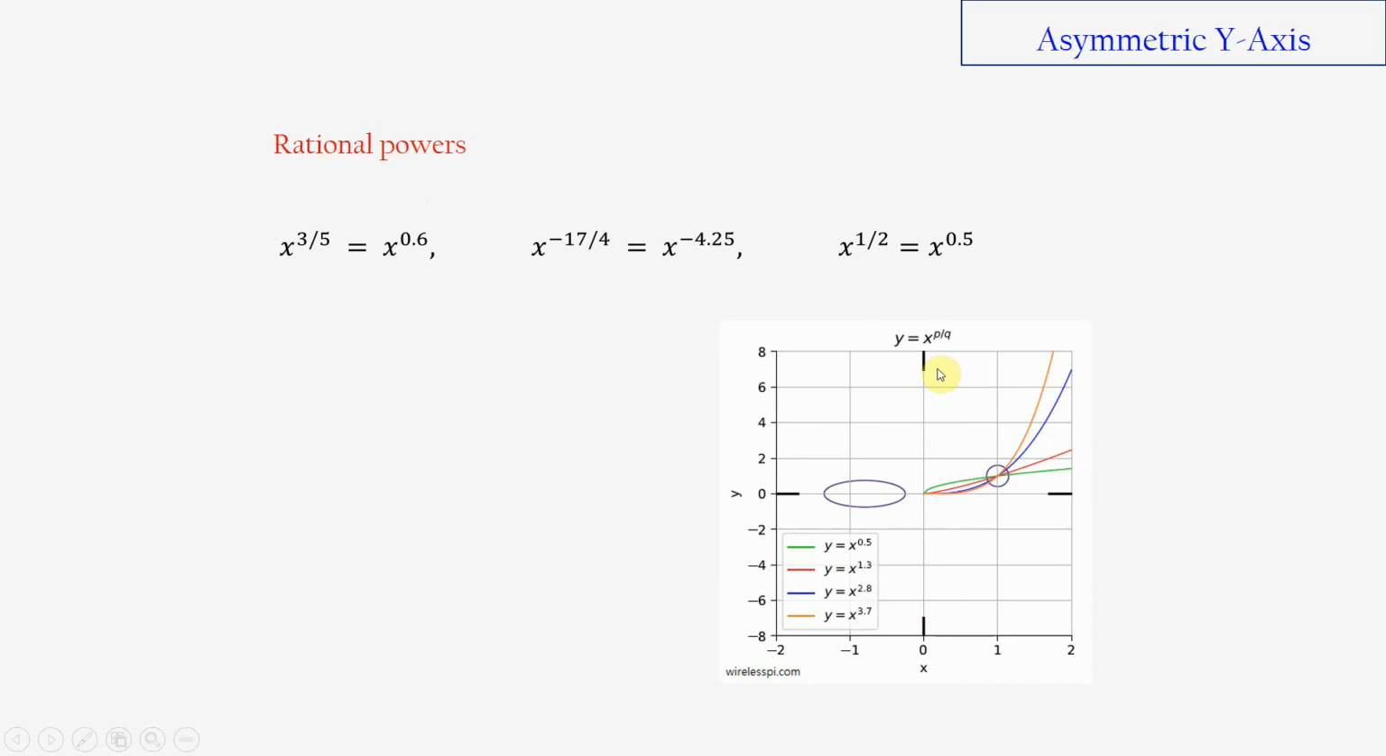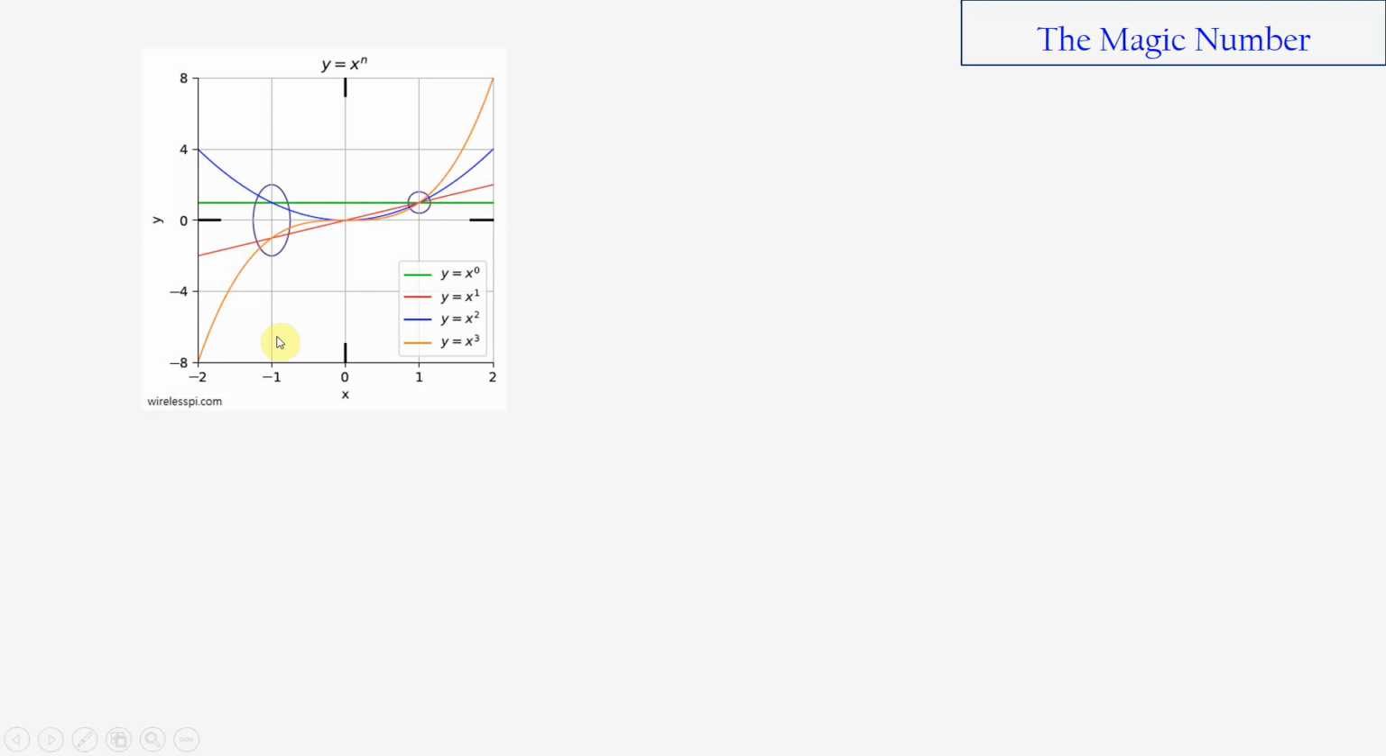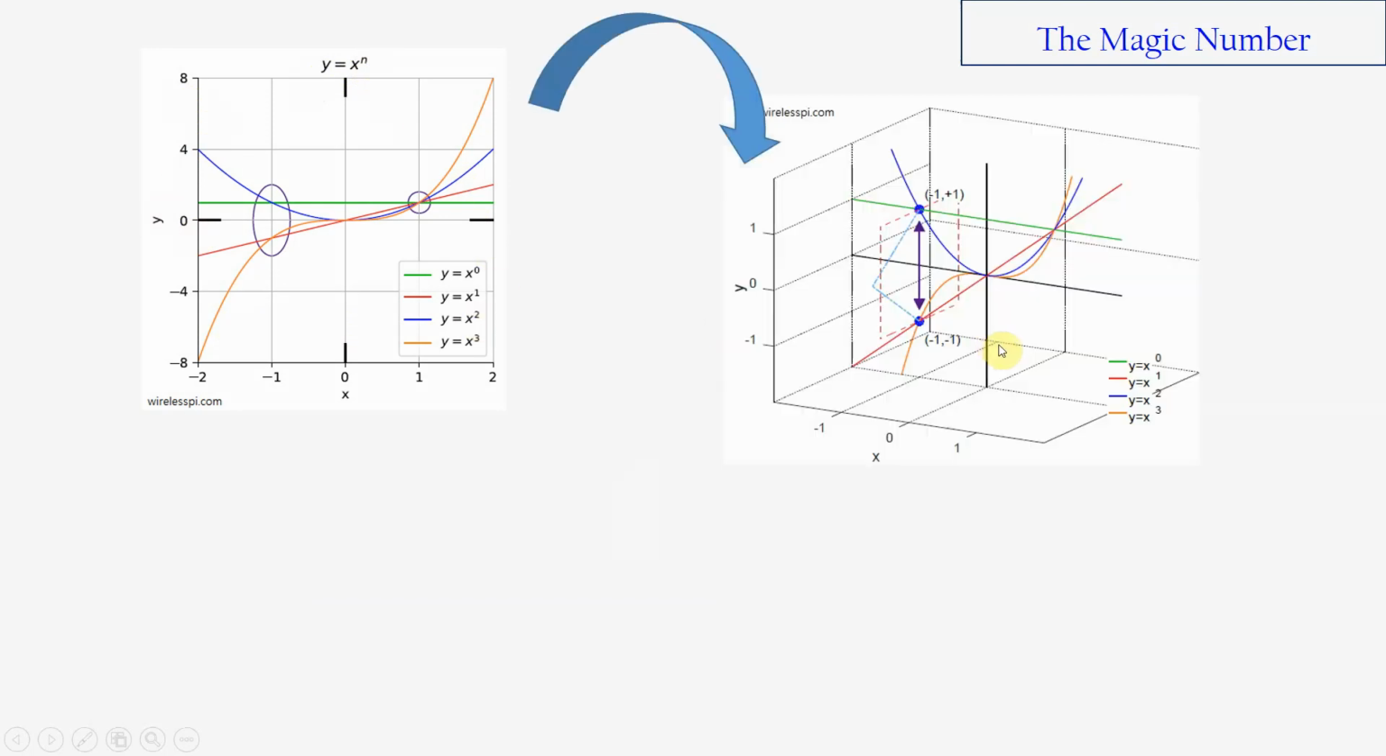We will see how to complete this left half that gives rise to the concept of imaginary numbers. Now let us see this graph where we drew integer powers of x in a 2D drawing into a 3D setting. We can see x raised to power 0, x raised to power 1, x raised to power 2,